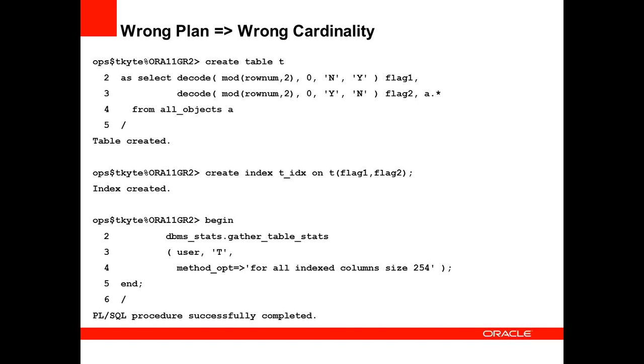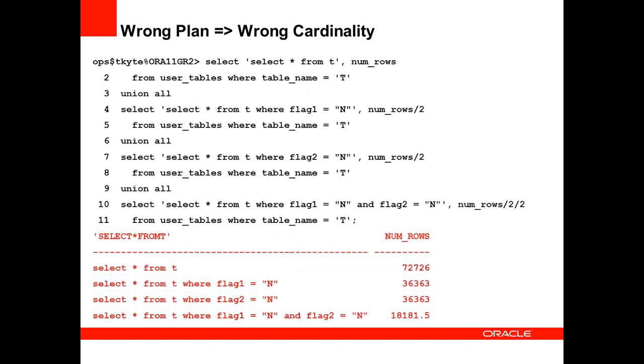These are just basic statistics at this point. And if we were to ask the optimizer a couple of questions, this is its thought process. This is how it would estimate the cardinalities. If we were to ask the optimizer, how many rows are in table T? Select star from T, it would have a really easy job. It would just go to num rows in user tables, and it would be able to figure out the estimated